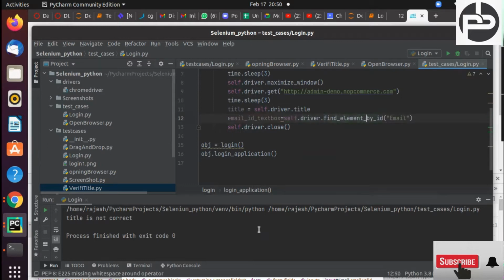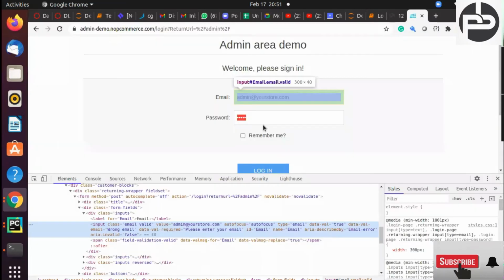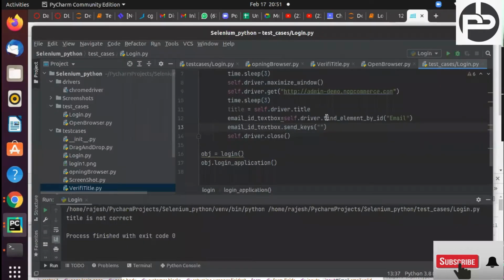In that, what do we have to pass? We have to pass the email ID, right? So email_id_text_box.send_keys, and here we pass this email ID. Once send_keys is done, we are printing some logs also.